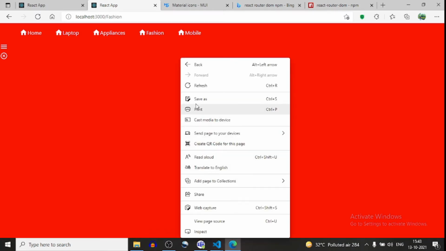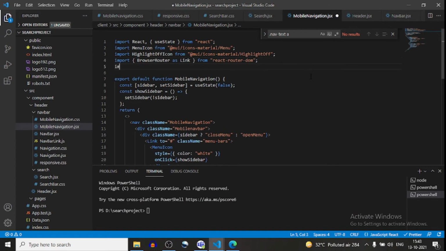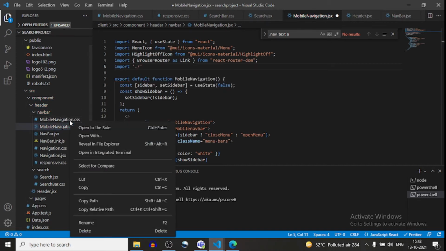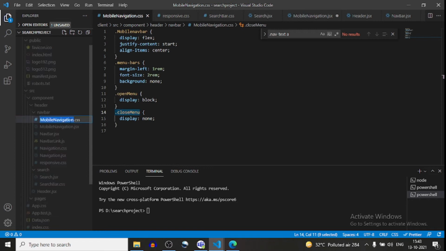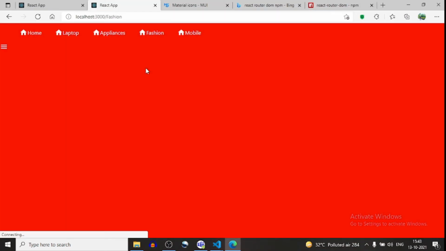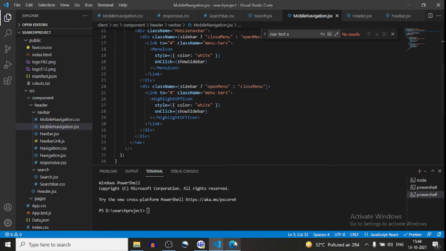Why is this not working? Actually, we just have to import the CSS over here. Import, and this will be mobile navigation CSS. Now go on this page and click over here. So it's working as expected. This is what we want. So this hamburger menu has been finished.